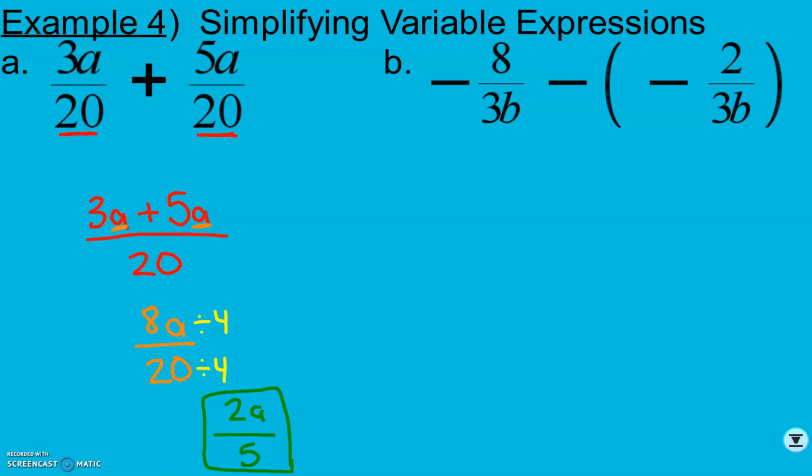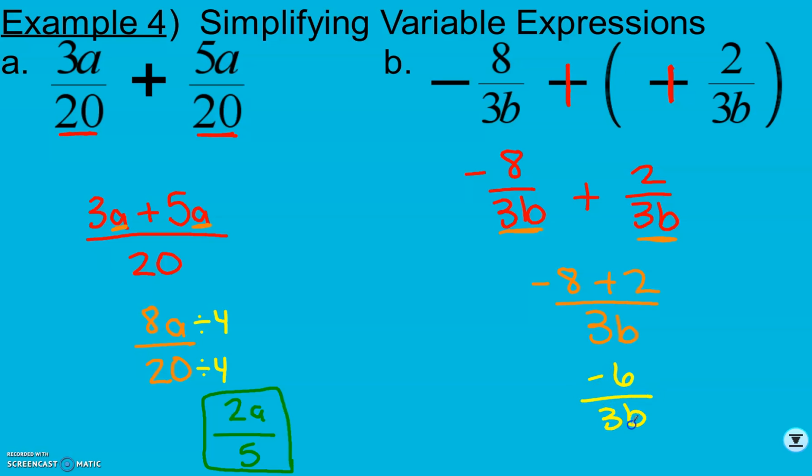In B here, I have subtraction, so I'm going to change to adding and take the opposite of what follows. So I actually have negative 8 over 3b plus 2 over 3b. Here, I have a common denominator, so I keep it as 3b, and I perform the operations on my numerator, negative 8 plus 2. That's going to give me different signs. So we subtract, give the sign of the bigger number,